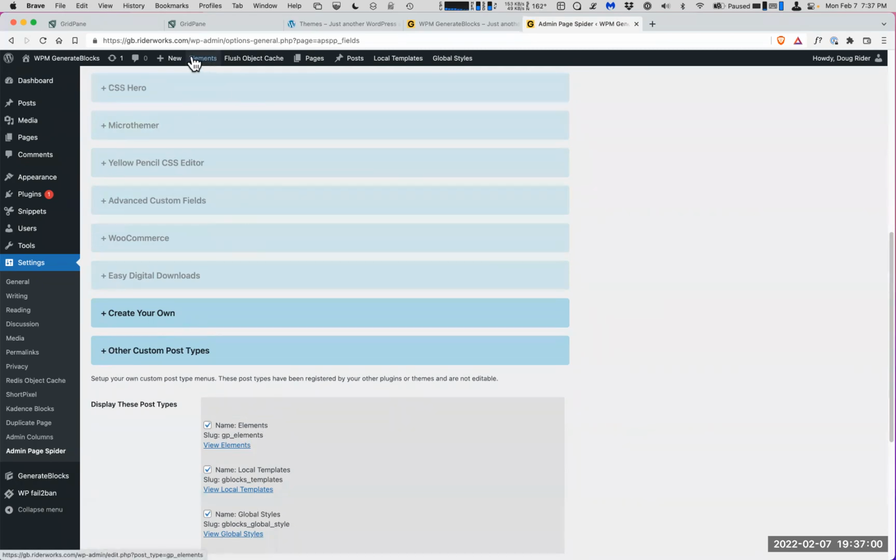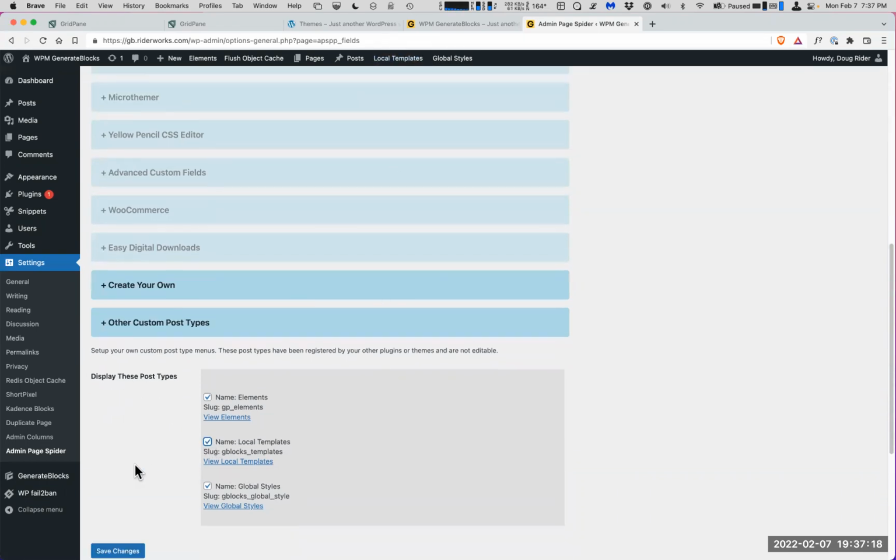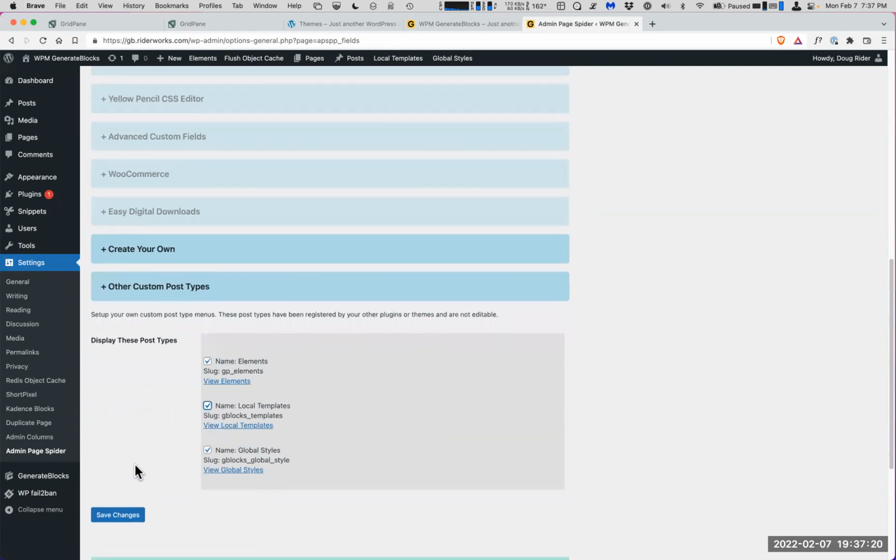So here's elements, Alicia, if you wanted to give me a whole list of them down here. These are the global block templates, right? The locals, and here's the global styles. And so if I uncheck the local styles, you'll see that once I save it, this button will go away. So it's $4 for one site